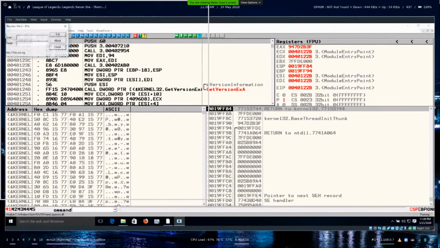F9 to run. Check. Okay, it says give me at least 4 letters. So we know that we want the username to have more than 4 characters. Check. So the serial doesn't match.